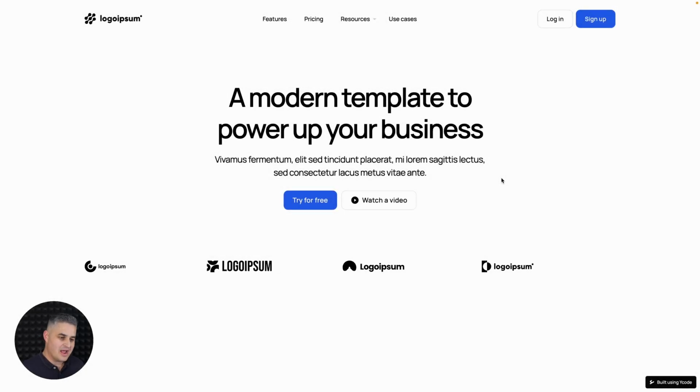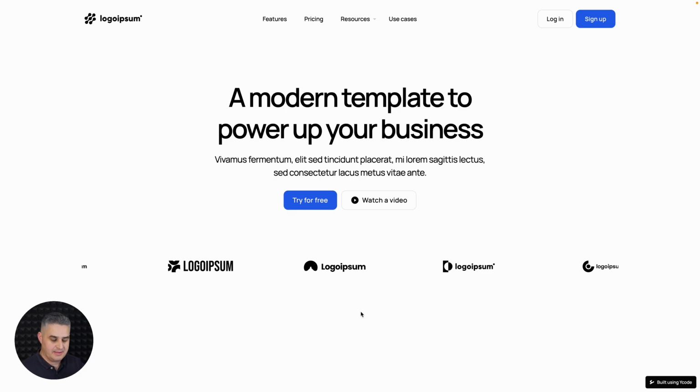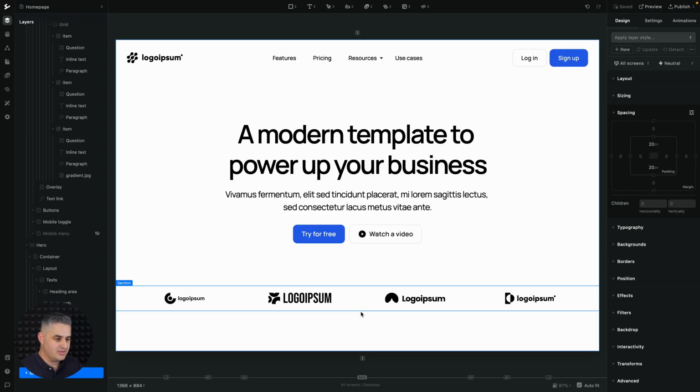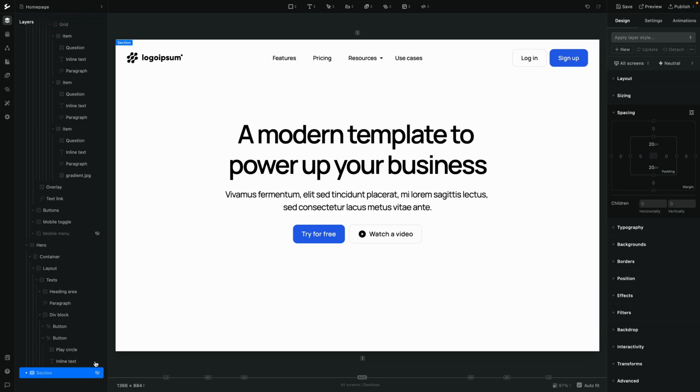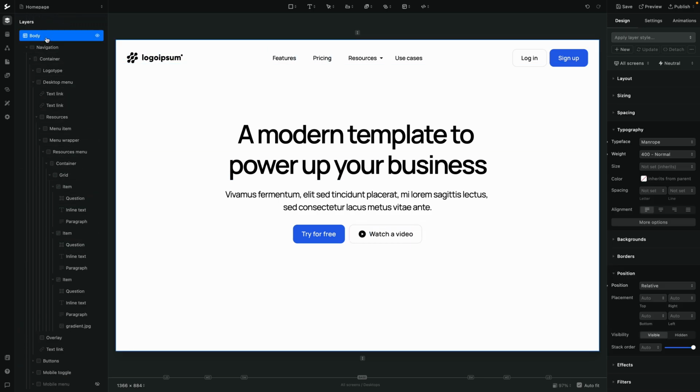All right, so here we have our endless loop or marquee animation. And to repeat the same thing, I'm in my canvas right now. Here is what is actually creating that animation, and let's just rebuild it. So I'm going to hide this section right over here. I'm going to go and click body. I will add a new section,